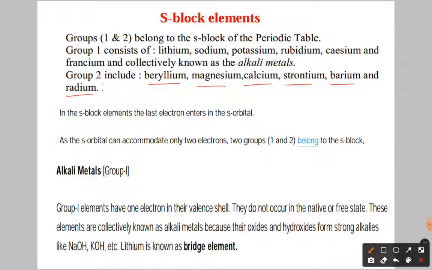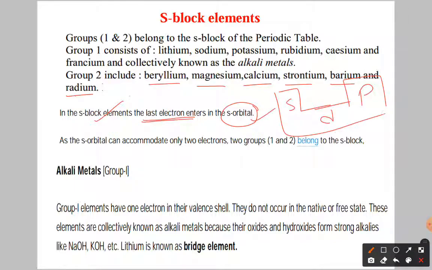Okay. Now, why we are calling them S block elements means, as you know very well, the last electron, or the differentiating electron, enters into the S orbital, then we classify them as S block elements. Already you know very well, in the periodic table we have the four blocks. Okay, S here in the middle, D, and here we have the P block, and at the bottom of the periodic table we have the F block. Okay, so as you know very well, the differentiating electron enters into the S orbital, that's why it is called S block elements.